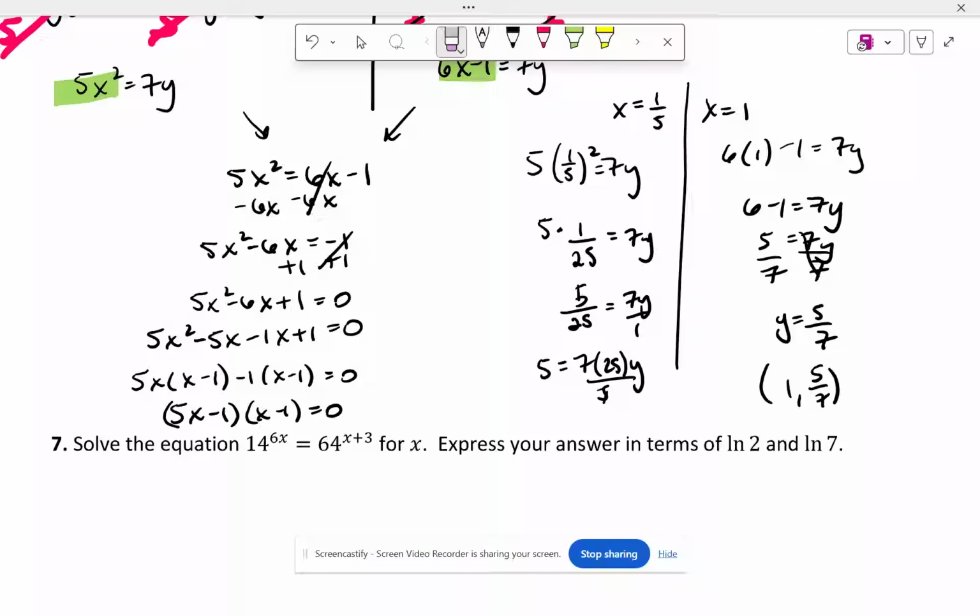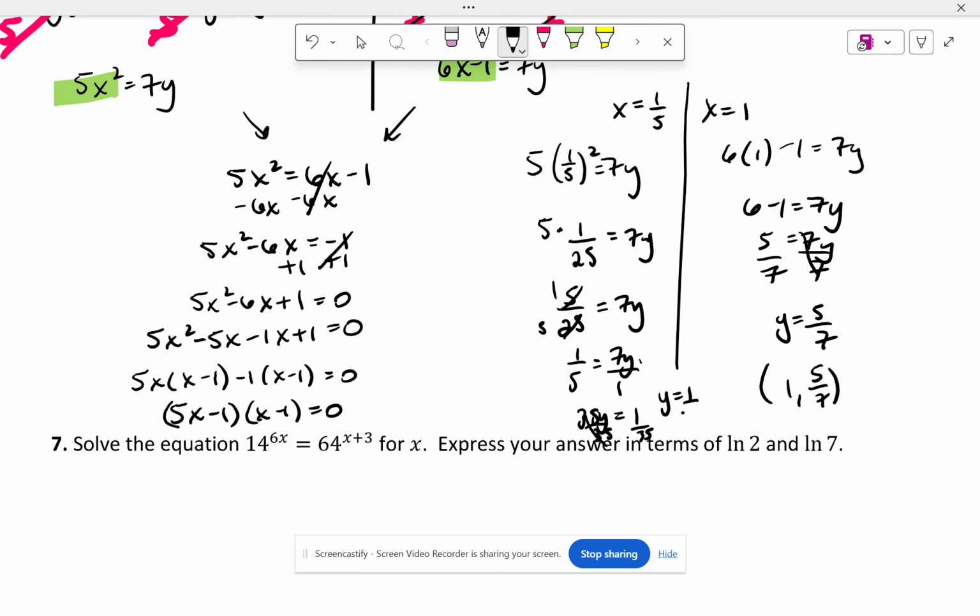Oh wait, no, I don't like this way. I was trying to save time, and that's not going to work. Let's do 5 over 25 equals 7y. Yeah, and then we'll reduce it right here. That works. Okay, so I have 1/5 equals 7y over 1. 35y equals 1. y equals 1 over 35. So if I put it all together,